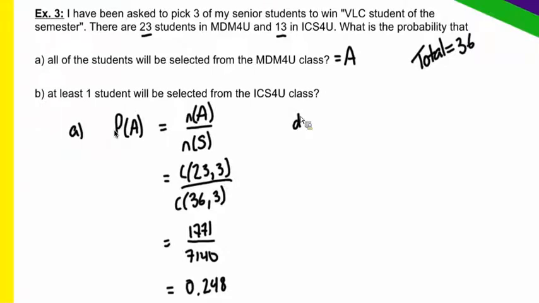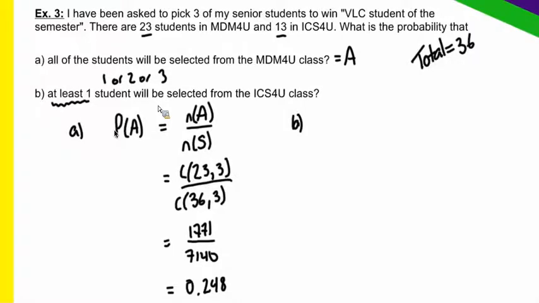So then for part B, well, we've kind of generated a process here. We know we can select students in certain ways using this combination formula. Well, before we go ahead and think about this situation that at least one student will be selected from the ICS4U class, we could think of that as being, at least one means that we could have 1 or 2 or 3 out of the 3 kids. Now, if you think for a moment, that indirect method comes in really handy here, because rather than doing 3 calculations,